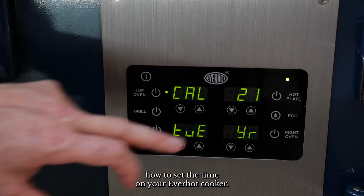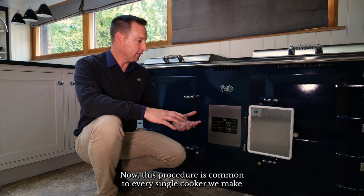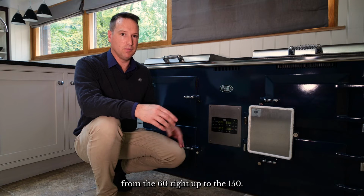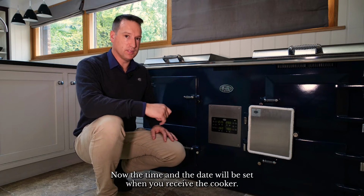In this film we're going to show you how to set the time on your Everhot cooker. Now, this procedure is common to every single cooker we make, from the 60 right up to the 150. Now, the time and the date will be set when you receive the cooker,